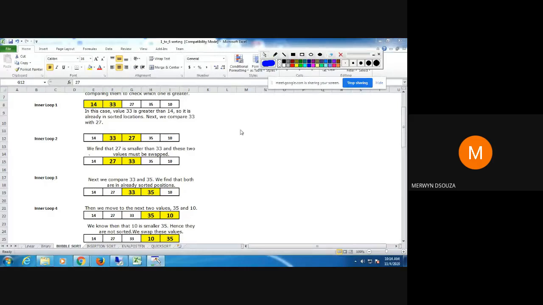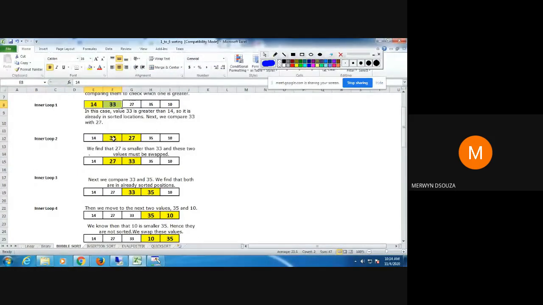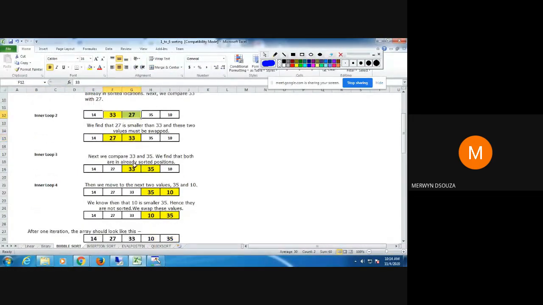Next step, we're going to compare the third value with the fourth value. First step we had compared the first and second value. The second step we had compared the second and third value. The third step we compare the third and the fourth value. When you compare, you see that 33 and 35 are in the proper order. Nothing happens here.